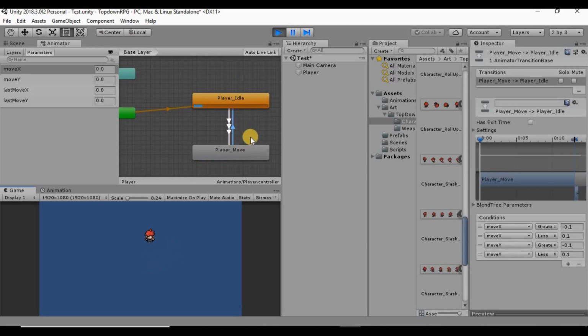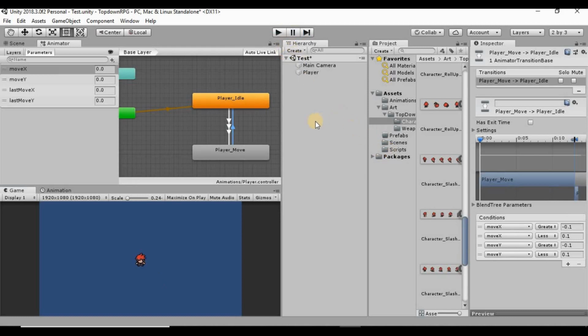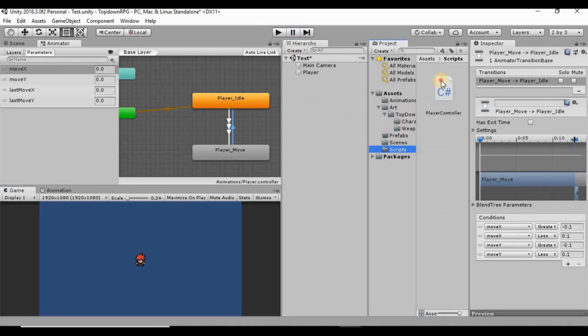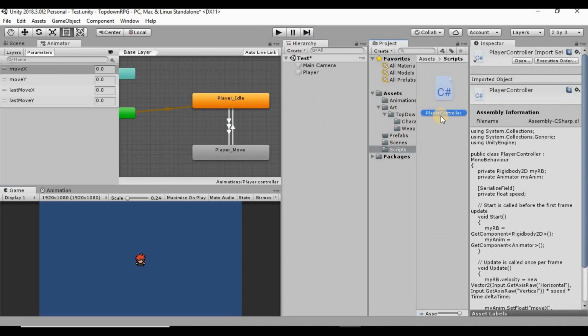Just like that. So now that that's working for us, I want to make it so that when we're moving to the left and we stop, he continues to face in the left direction. Same with the right, up and down, because as of right now, he keeps automatically defaulting to the facing downward direction. And the way we're going to fix that is in our player controller script. So if we go to our scripts, open up our player controller script,